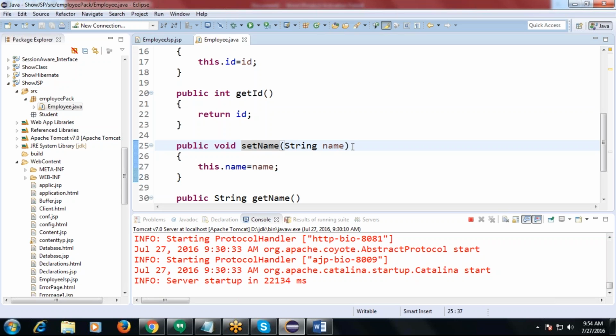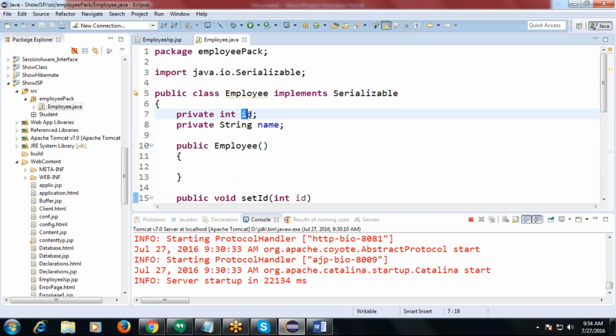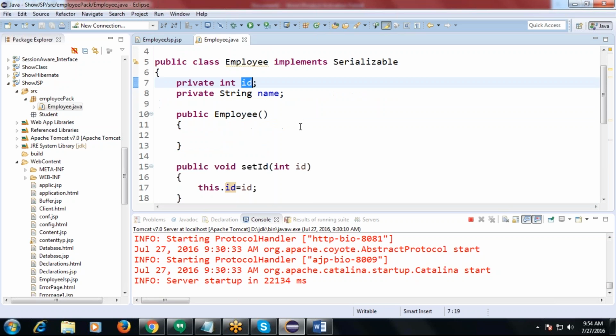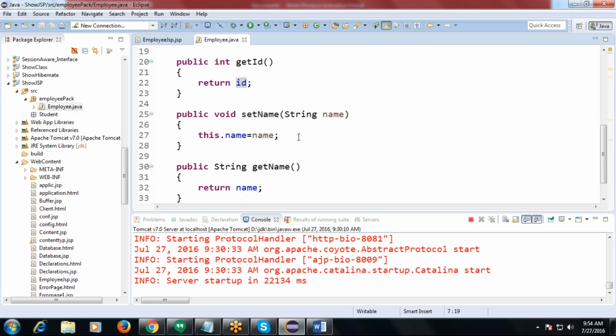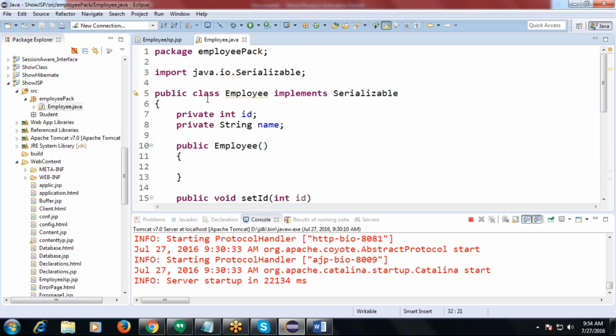That means when we give an integer value to the setID method, it accepts the given value and sets that value into the variable we created here. And in the same way, name also. Like that we created a class which is called employee, and moreover implemented an interface.